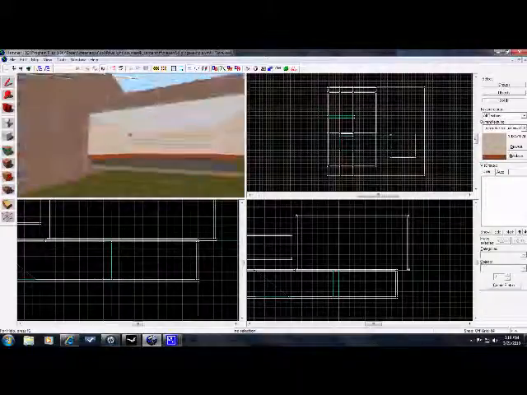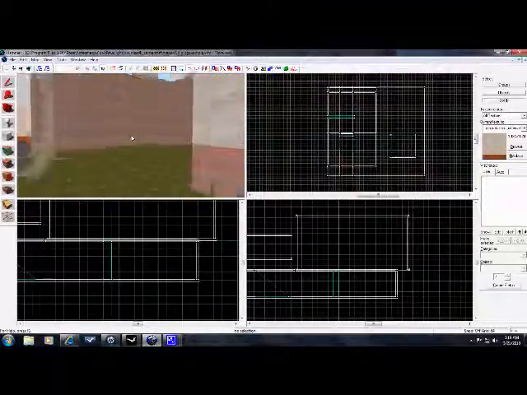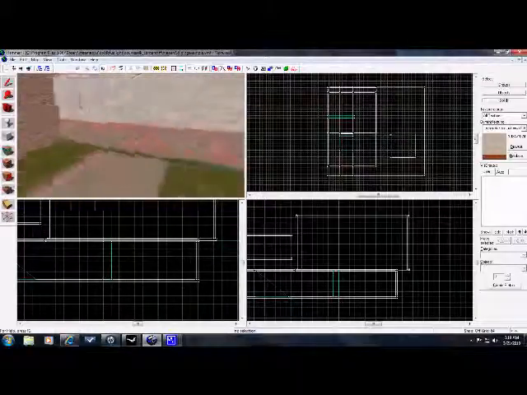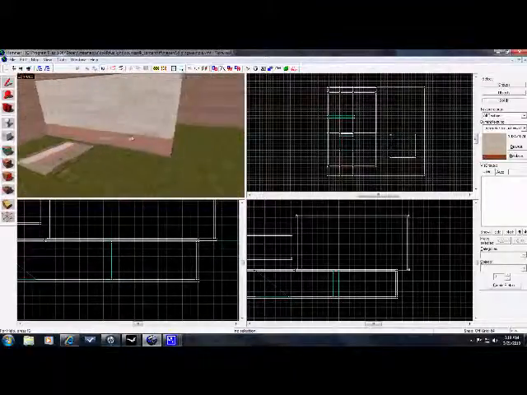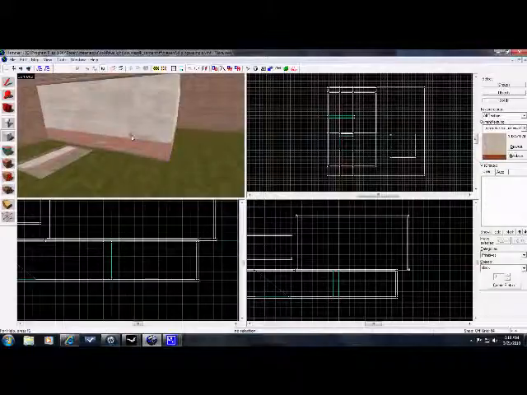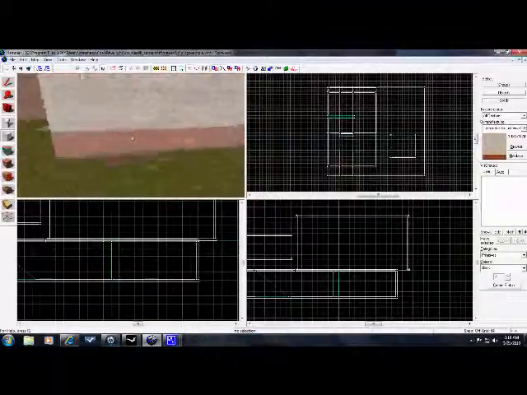Also, before you cut anything into your brush, if you're going to be doing some texturing work, like on the outside of your building, make sure you texture it first. That will save you time and keep you from having to refit textures to all your brush's surfaces. And also,